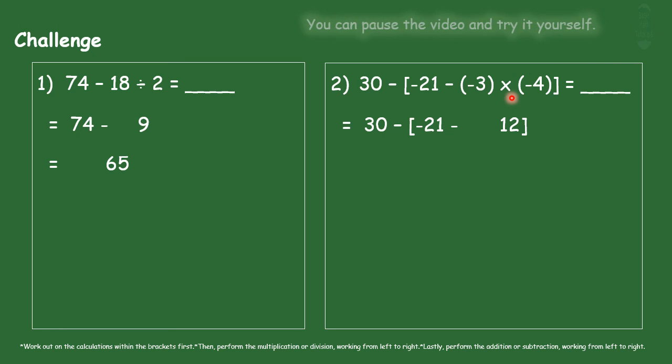Okay, so copying everything and doing the multiplication there, we are given 30 minus negative 21 minus negative 3 times negative 4 is positive 12. That's why we have positive 12 there. And moving on, we have to simplify this inside the bracket. So 30 minus negative 33, giving us the final answer,